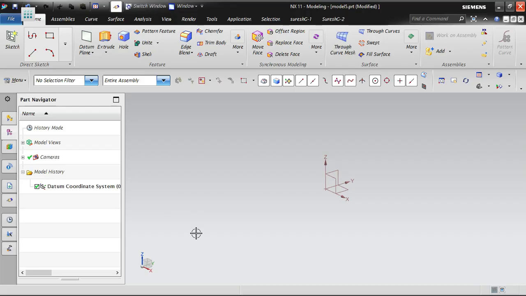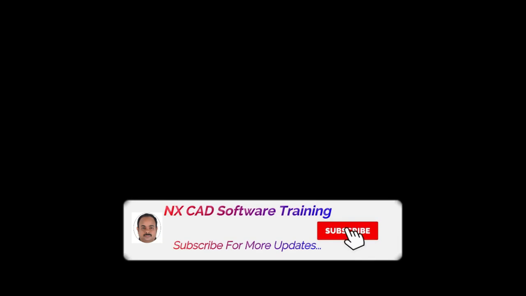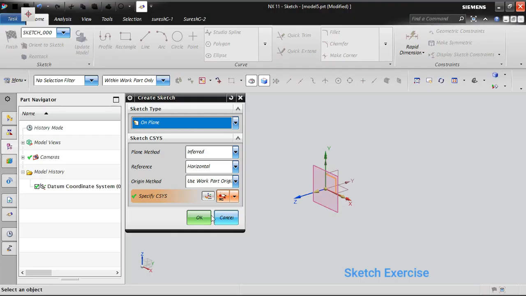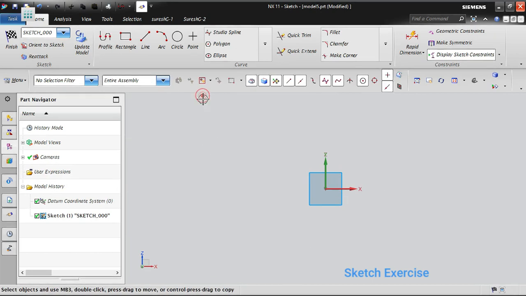Let's see the extrude option today. To create an extrude, I need a sketch. I am creating a new sketch here for our practice purpose. So I will create a new sketch and then we'll start with our extrude option. Okay, so now I have selected the front plane and I'm going to draw the